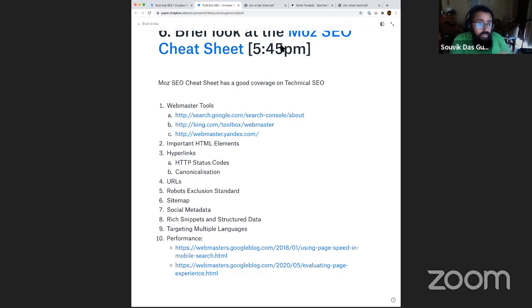Now, in order to generate those cards and those rich snippets, you need to make sure that certain additional information is embedded in your website. They are called JSON LD or structured data, and structured data can be provided in many different formats.